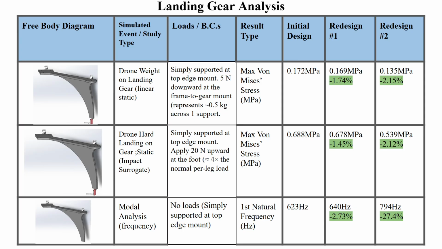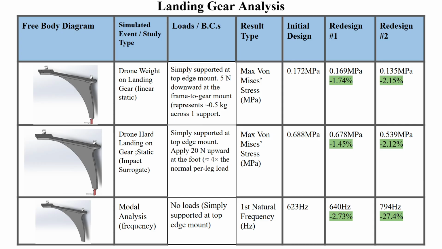simulate impact conditions. From the results, both redesigns reduced stress compared to the initial design, but redesign number 2 showed the best performance, lowering maximum stress to about 0.539 megapascals during impact while also reducing displacement. We also ran a modal analysis where redesign number 2 increased the natural frequency significantly, indicating a stiffer structure and